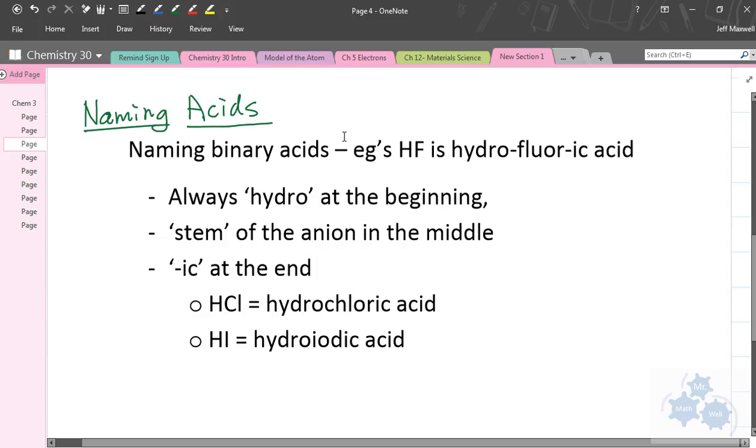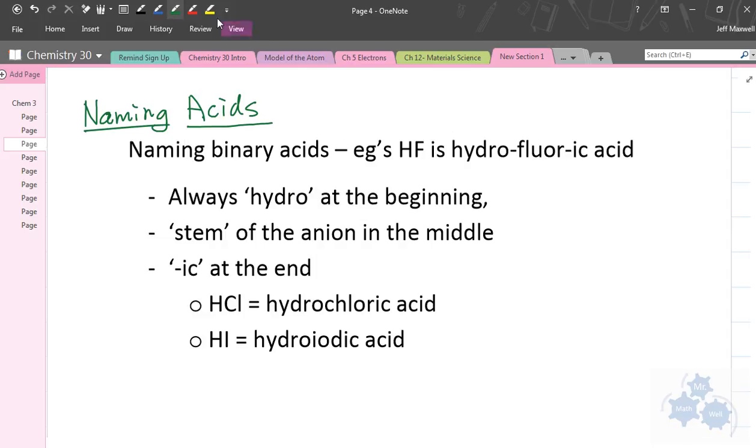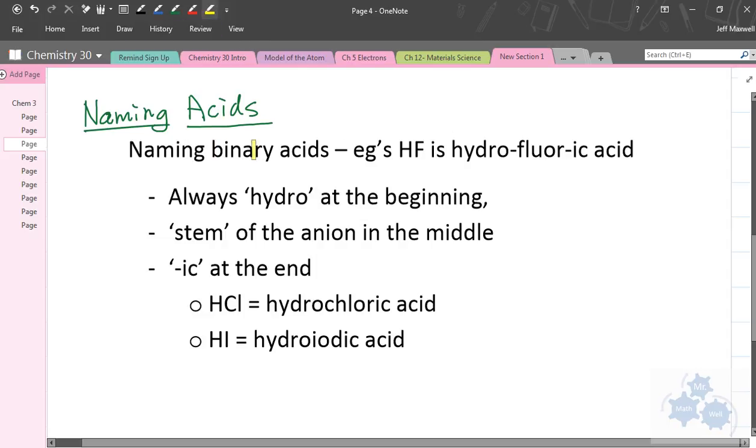And so let's talk about binary acids first of all. Binary, you should know what binary is. Bi means two. So we're talking about binary acids. We're talking about two elements, and one is going to be hydrogen, really, for pretty much all of these binary acids that we're going to talk about. And so HF is an example, and its name is